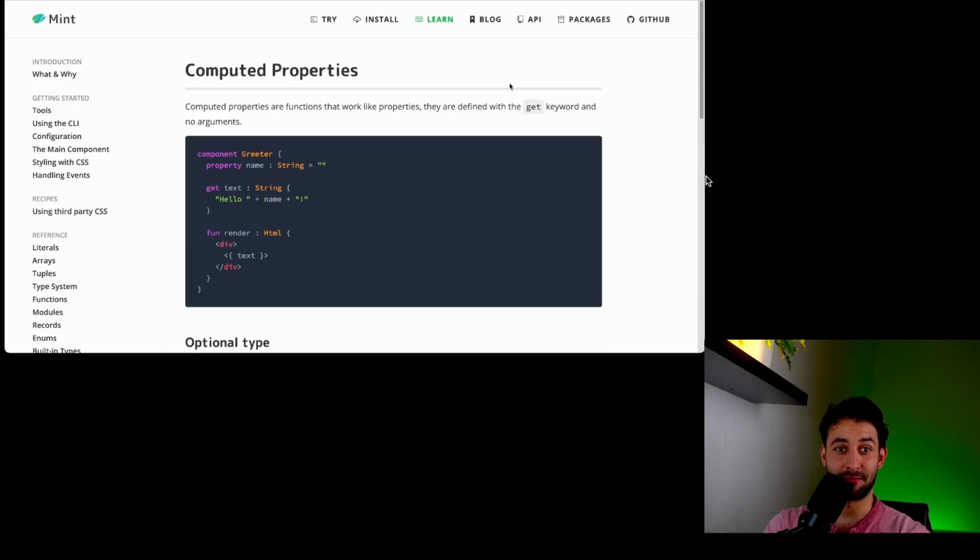What I think is interesting about computed properties is that it's sort of a replacement for what we have as useMemo in React, and of course we have computed properties also in other frameworks like Angular and Ember.js. So in general, I think the idea is that we want a way to define state based on other state that is super intuitive. And computed properties are that, right? They are simply functions that allow us to define how to calculate a new piece of state if the original piece of state or the set of dependencies have changed.